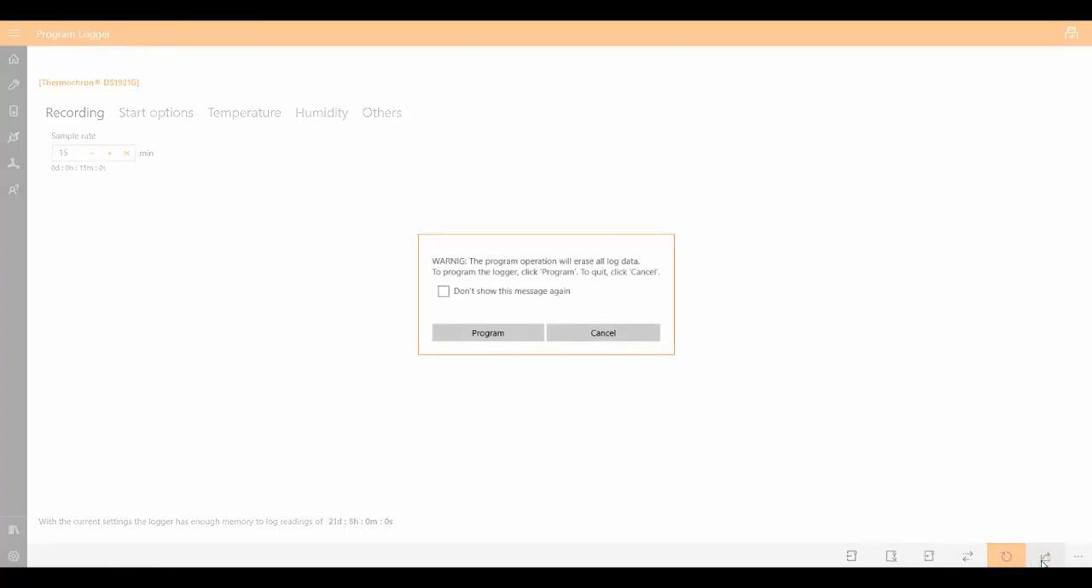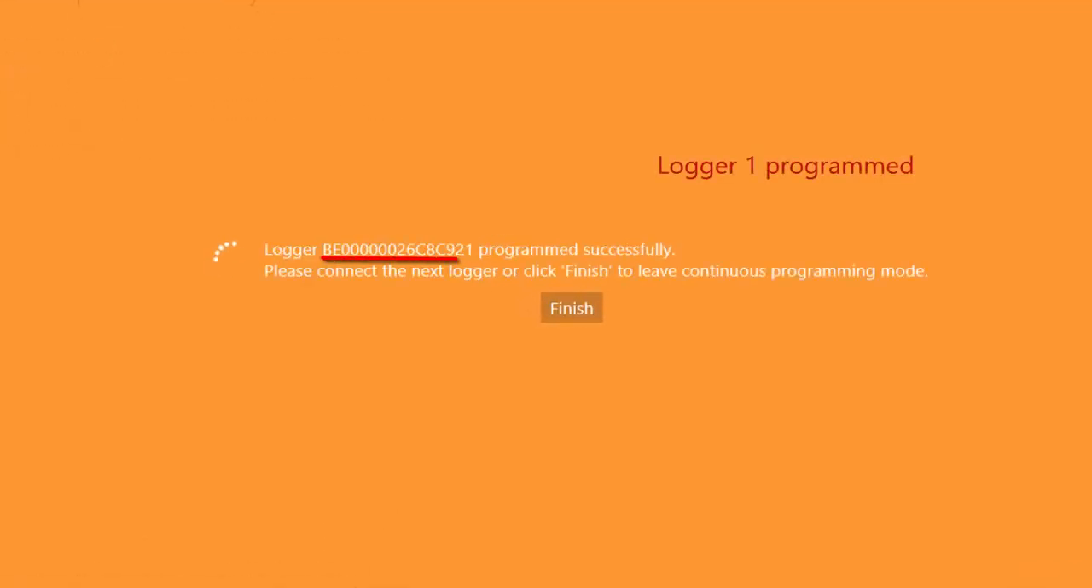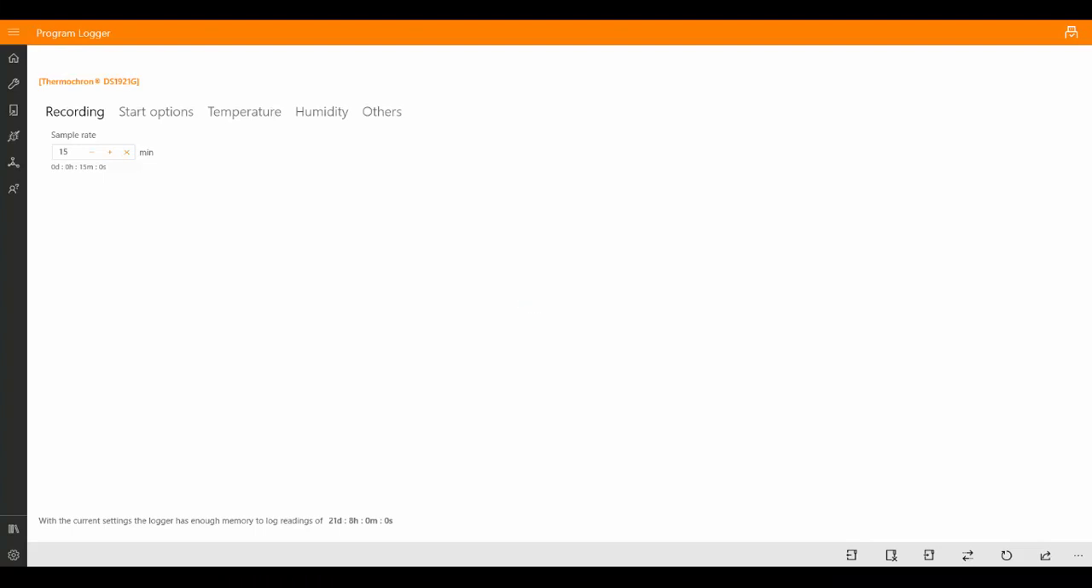Warnings about data loss are shown. And the programming task carries on as usual. You should then follow instructions as they appear, connecting and disconnecting the loggers you want to program, one after another. After programming the last logger, just press the Finish button in the instructions dialog to complete this